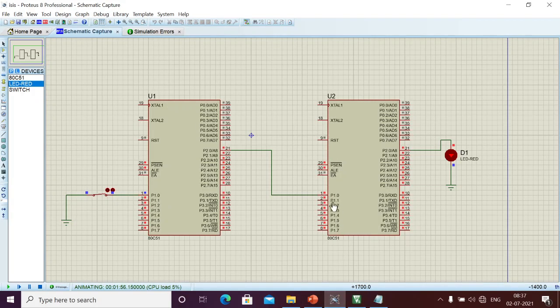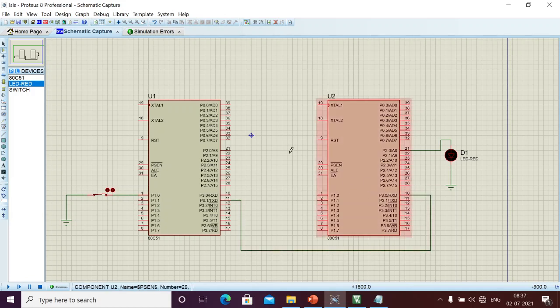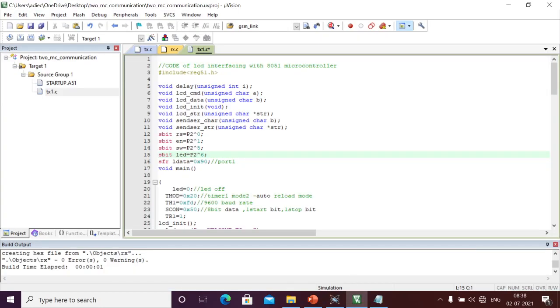If you see, right now I am going to change my hardware design. Okay, this TX pin I should connect to the RX pin of the other microcontroller. Okay, this is the RX pin of the other microcontroller. This is the way I designed the hardware for the second use case. And similarly, if you want to connect the LCD, yes, we can also connect. Okay, here the switch also we should see where it is connected.